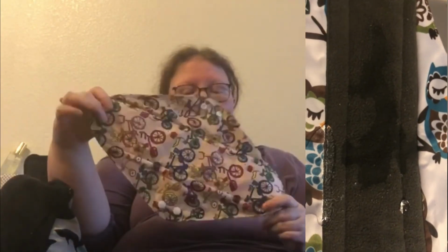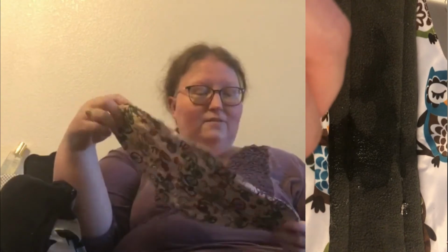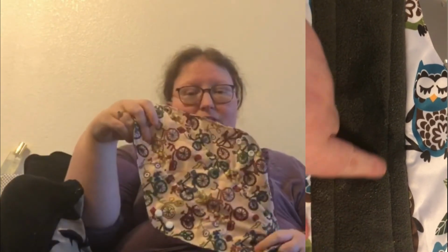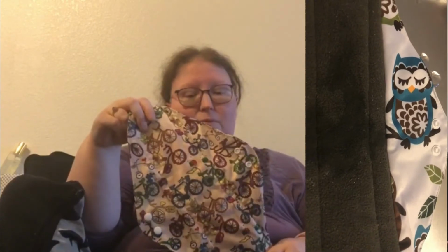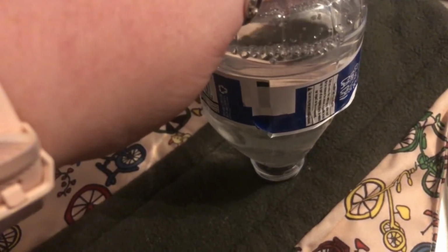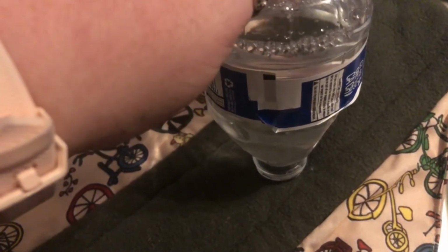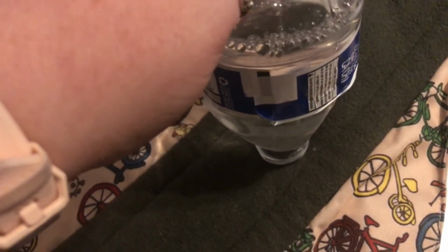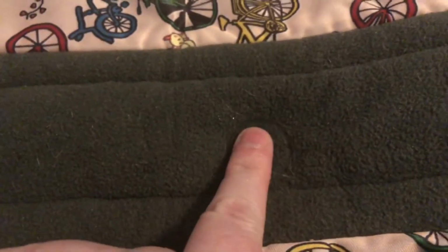So the third style, I got 3 different styles, is this one, and it's really, really long. It's 14 inches long. I maybe didn't need one 14 inches long. This is bulky, but I do wear this to sleep because it's a good one for not leaking. It has that same fleece down the center, and then it's just extra long, and